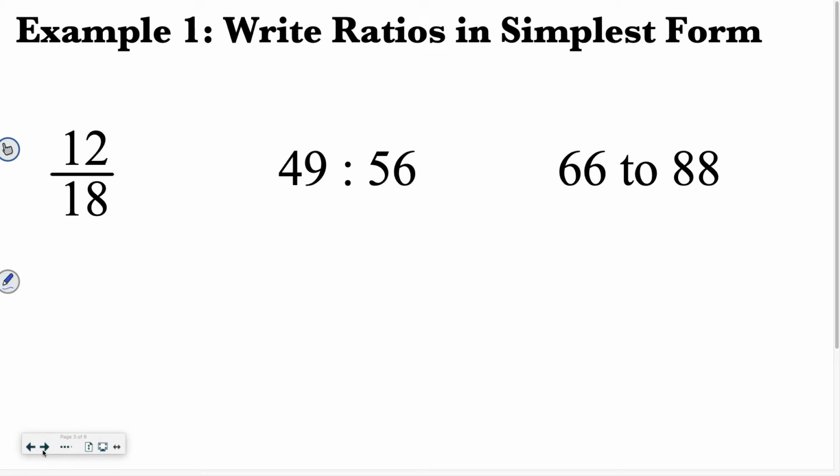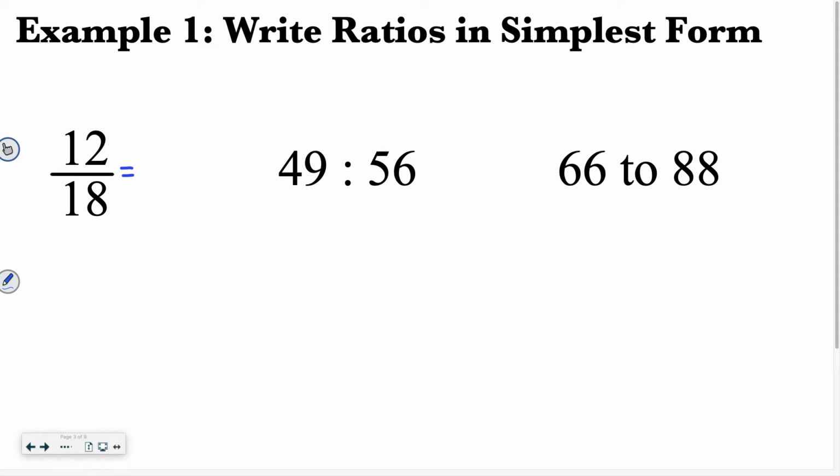So this very first one, we have 12 over 18, and what we're going to do to simplify this is think what number can multiply into both 12 and 18. So if I look at it, I see, okay, they're both even, so I know at least 2 goes into them. And then I can look at it and say, okay, well, 3 also goes into it. 4 does not, because 4 doesn't go into 18. 5 does not go into those. What about 6? 6 goes into both of those. And I think 6 is going to be the biggest number that we can get out of both of those